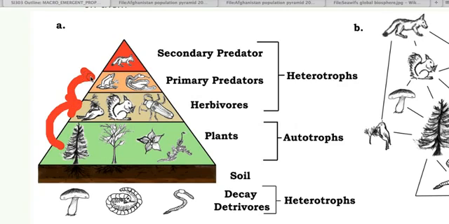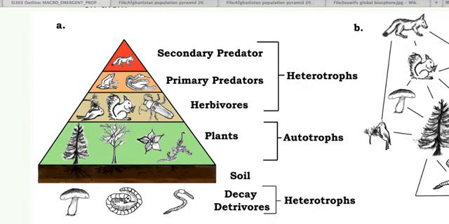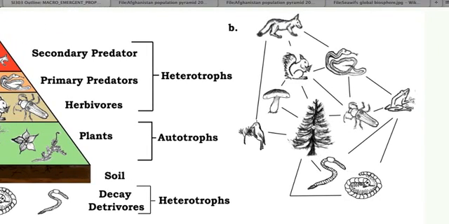So every time you do a transfer from level to level, you have a 90% loss of energy between the steps. As a result, when you look at any typical food chain or food web diagram, you have to understand that there are far more organisms down at the bottom, down here, this is a producer, than there are up above. And furthermore, all arrows face up towards the animal doing the eating.